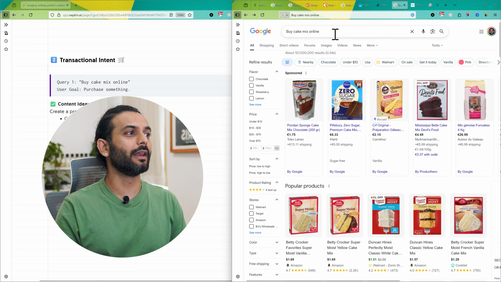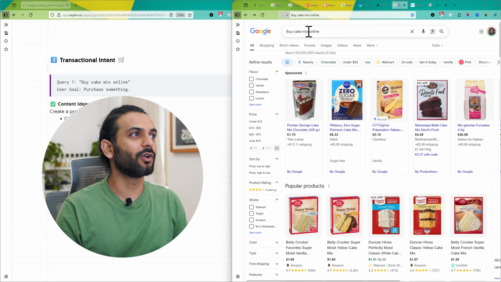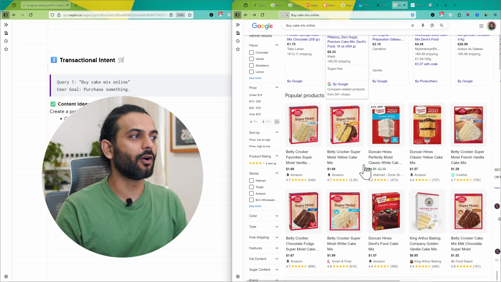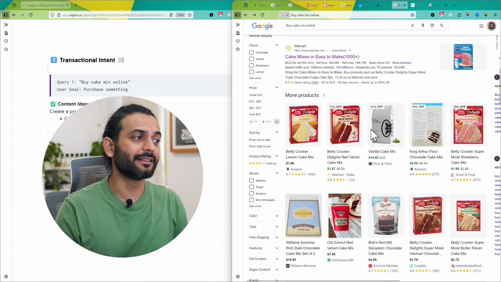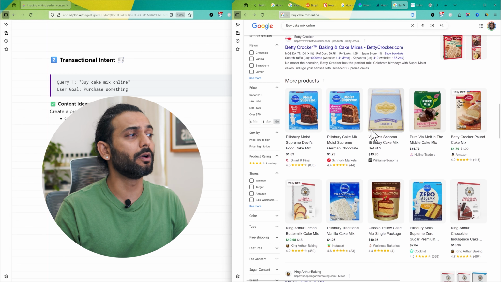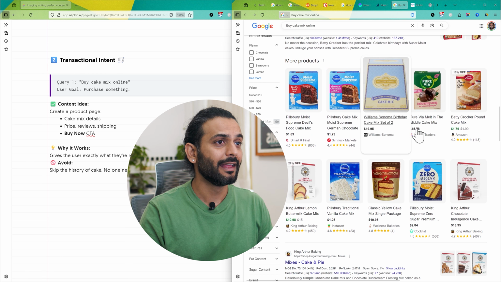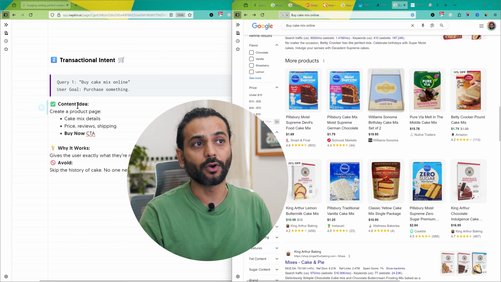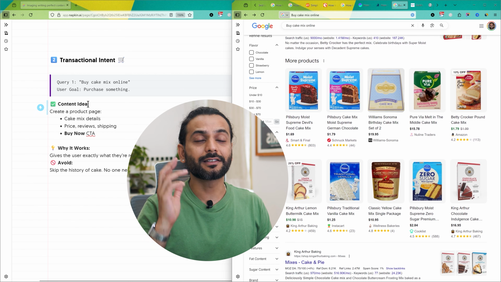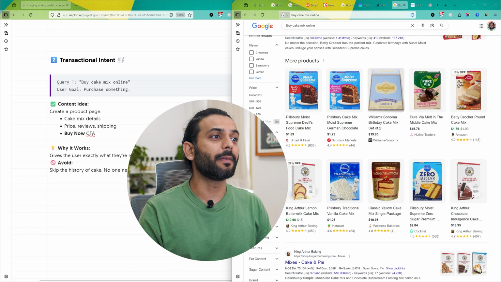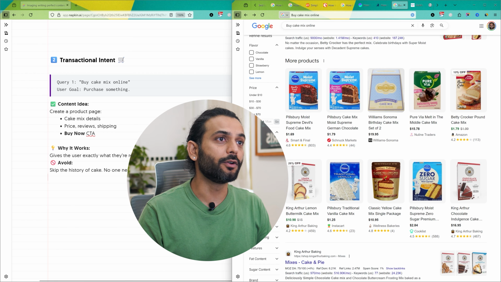If I search this on Google here, you can see "buy cake mix online." By default, all the products are here, and then we have websites which are offering the products. So if you are a website offering products, create a product page to satisfy the transactional intent of the users. If you're somebody who does not sell this kind of product, please do not create a page